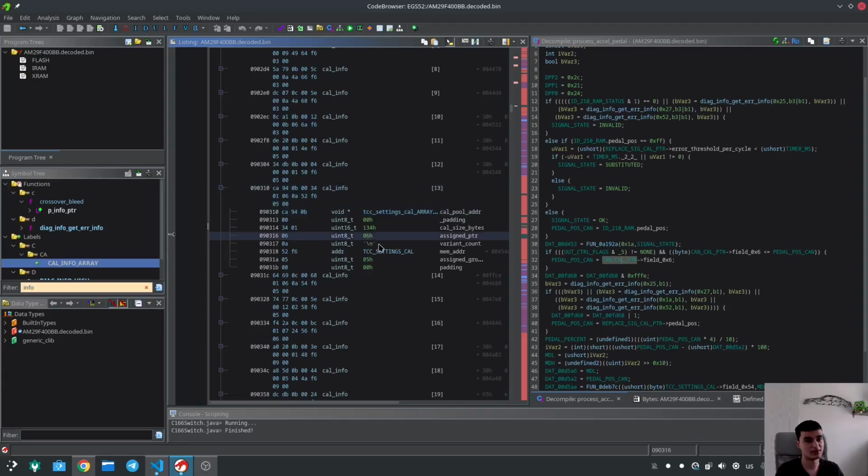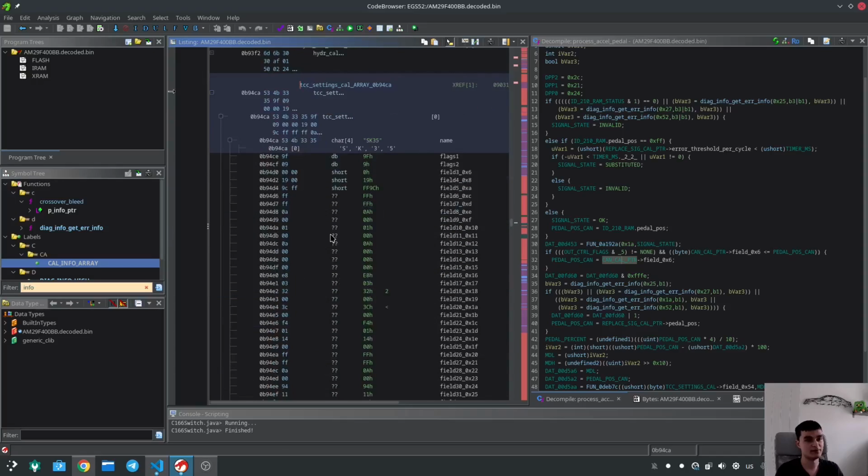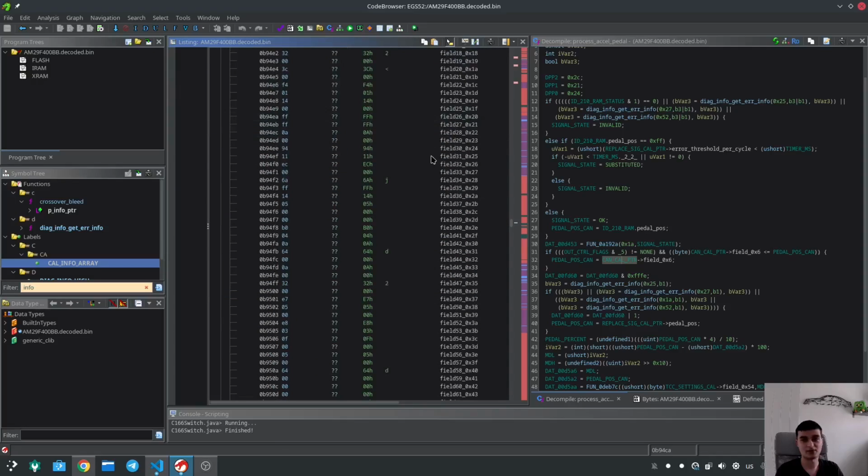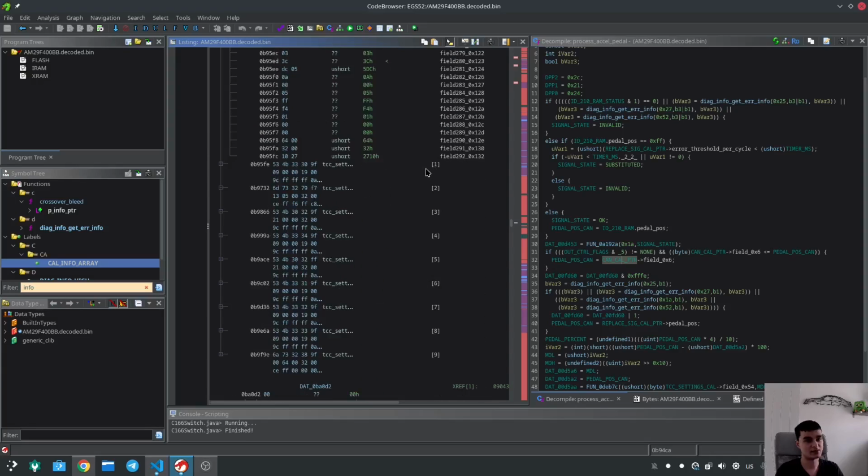And I can see here that they are assigned to index 6 in the SCN coding, so byte 6 in the SCN coding string selects which setting pool to use. I can see that each calibration is 0x134 bytes in size, and there are also 10 different settings. So let's go here and look at the array, and as you can see here, I haven't figured out what all of these settings do, but you can see here's one setting, it's very big, and then here is another one, next,